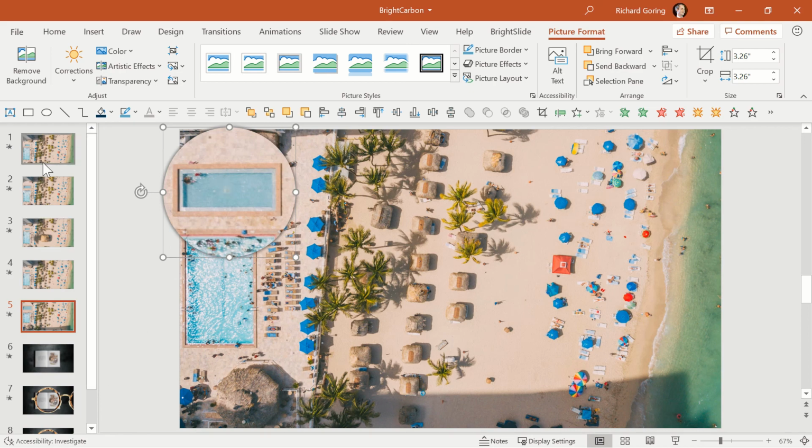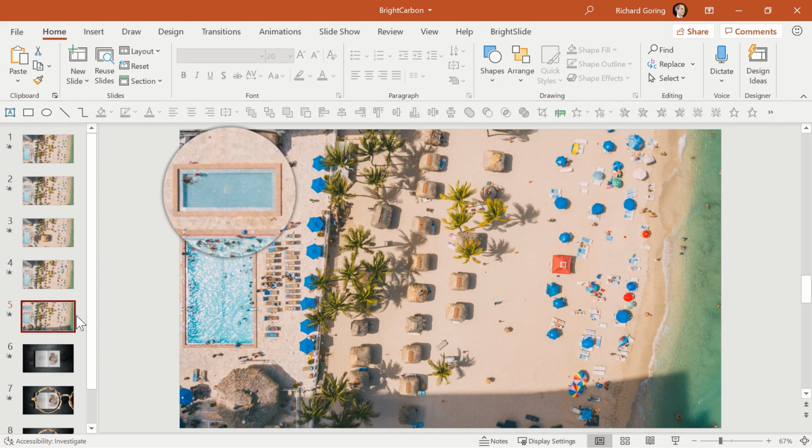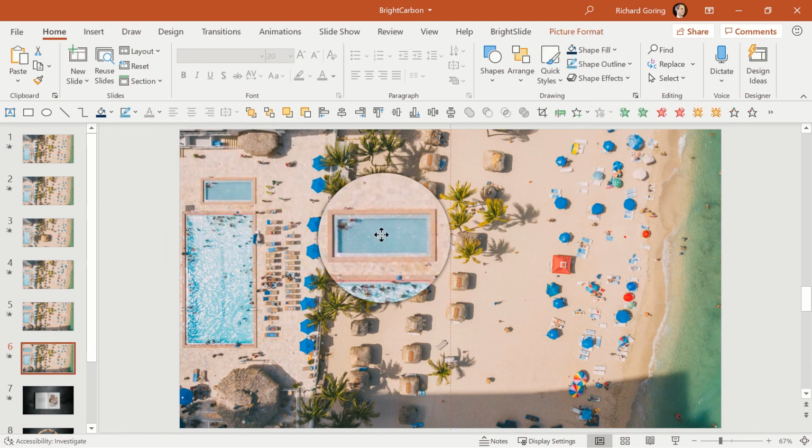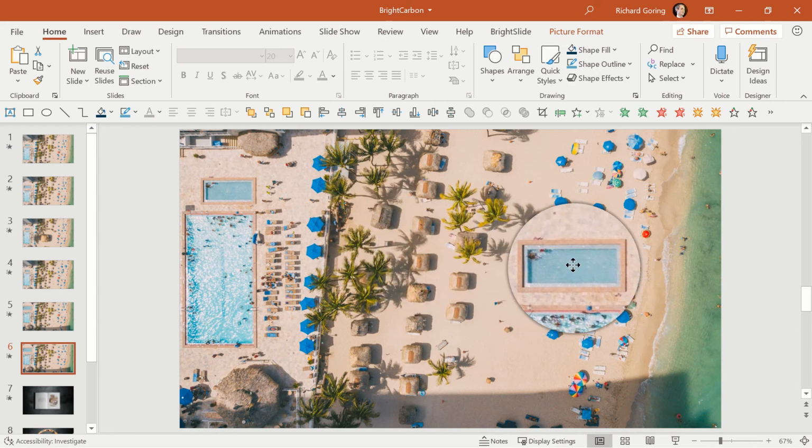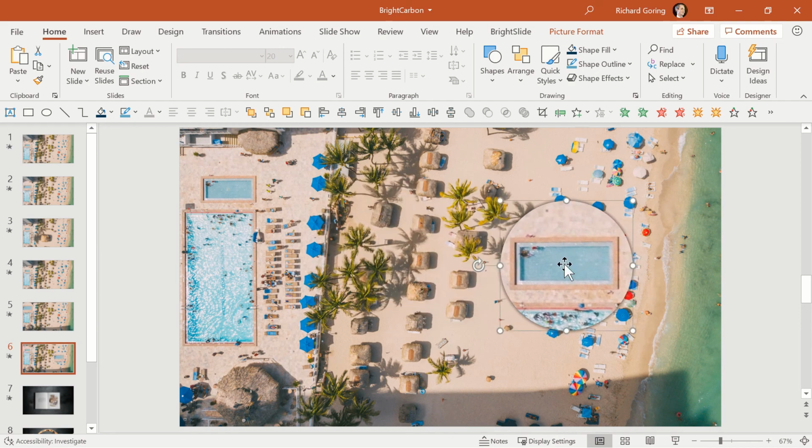Once you've got that, use the thumbnails on the left hand side to select the slide, use Ctrl and D to duplicate the slide so you have two of them, and on the second slide, take this image of the pool and move it somewhere else in the slide, say over the red umbrella here on the right hand side like that. Now obviously that looks a bit odd to have a pool in the middle of the beach, but